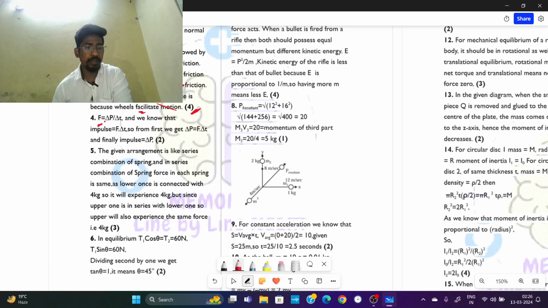We can see in the solution that force is nothing but the ratio of impulse and time. So if we solve this equation, we get that impulse is nothing but force multiplied with time. So therefore, we can say force